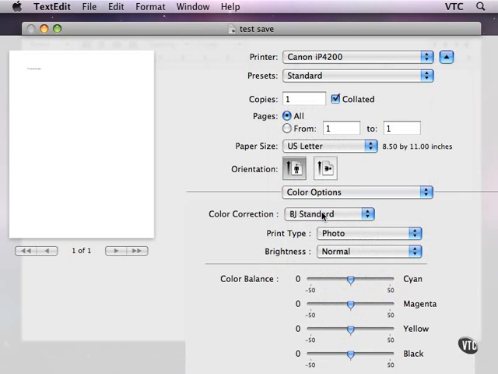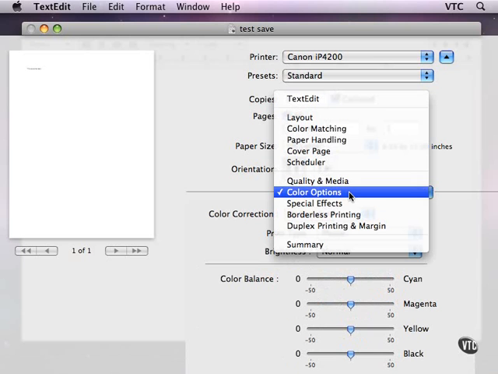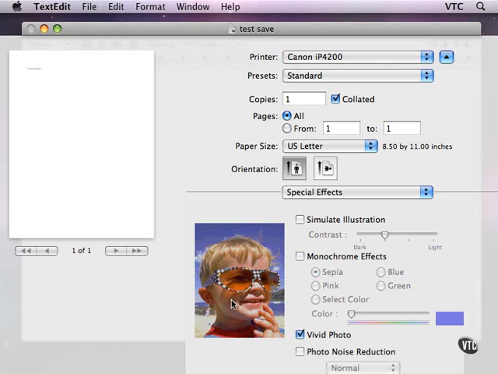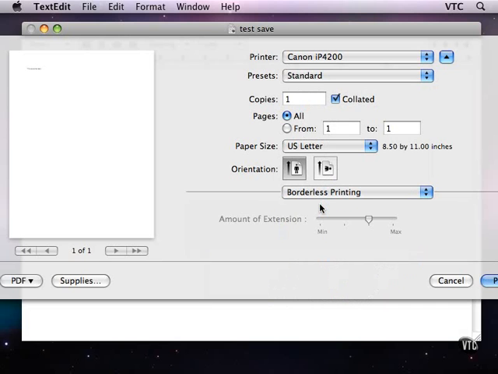Additional options again are dependent on the printer. This printer supports a lot of color options. I can choose them. There are various options that can be chosen here. Experiment with them. You see the thumbnail here changing as you go through them. You can print in some printers to the edge of the paper,